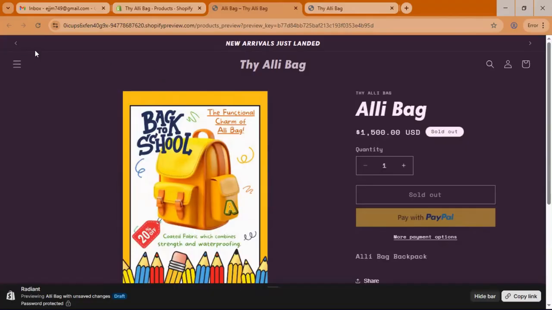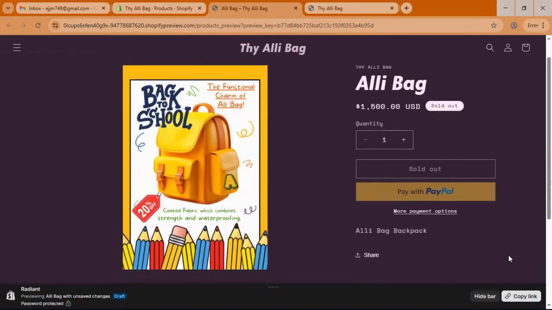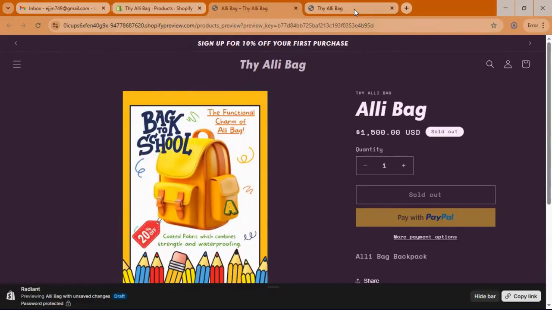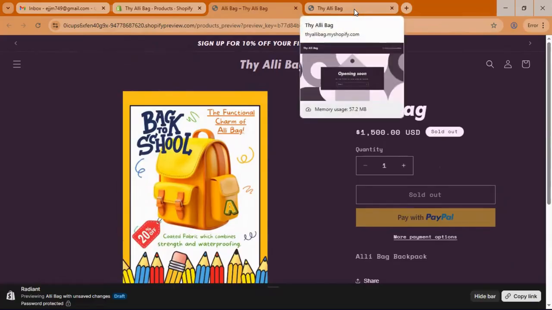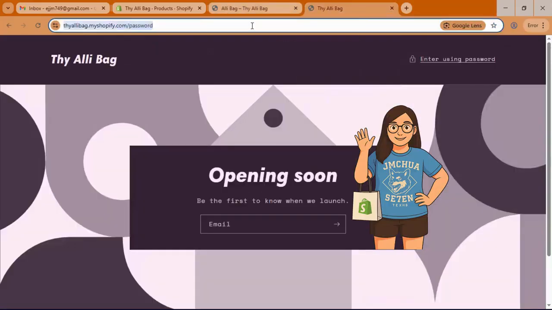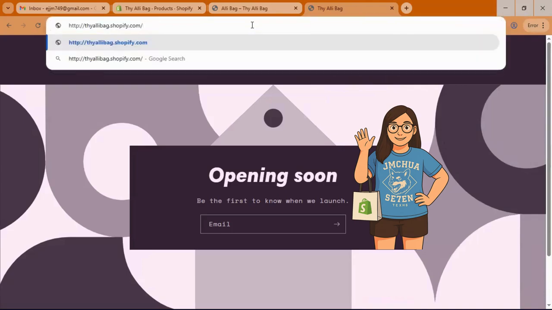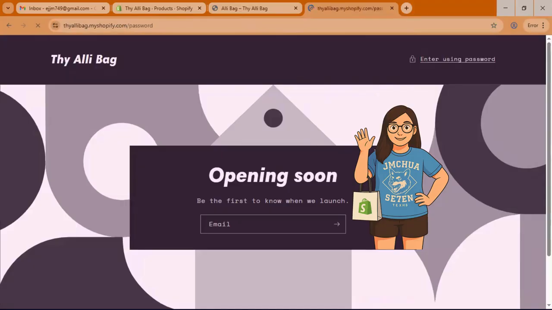This is the page that your customers will see. However, we haven't purchased any plans yet. So if you type the address alibag.myshopify.com, this is what they will see as of the moment. So, opening soon. It's not yet published.